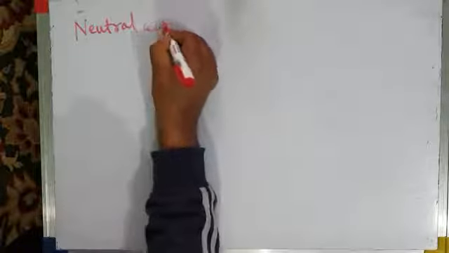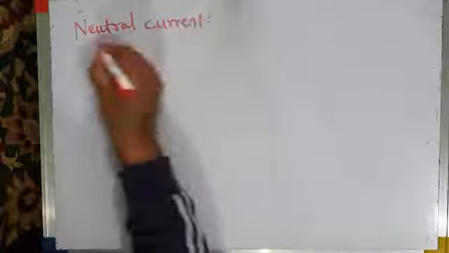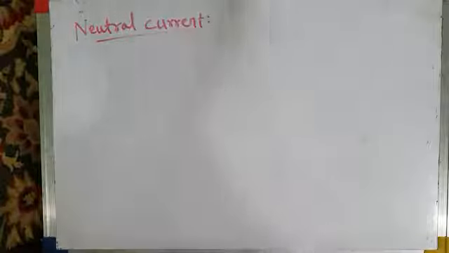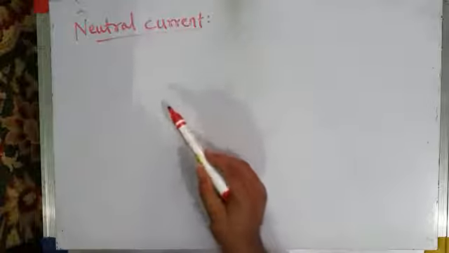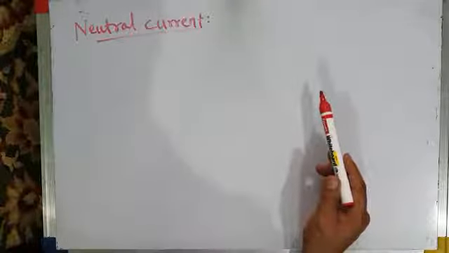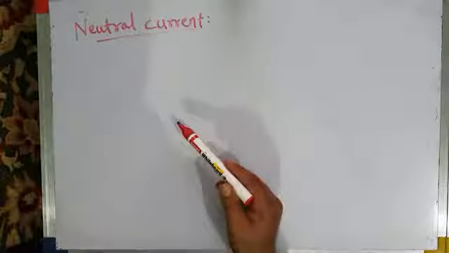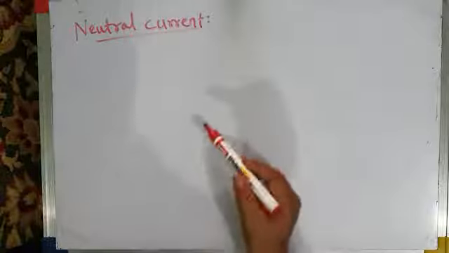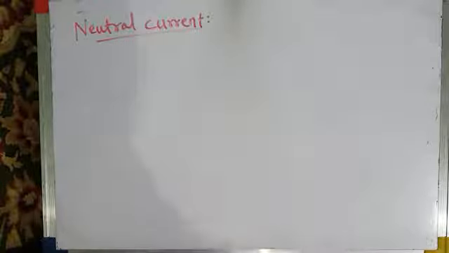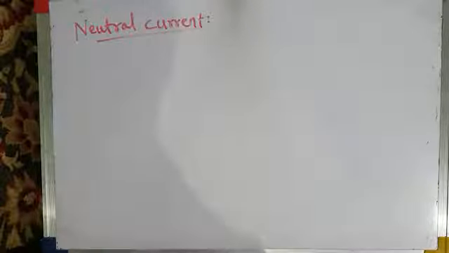Now let us try to find neutral current. I will straight away come to neutral current because we have already analyzed a distorted system. Of course, that was a single phase distorted system, a single phase system which is feeding a non-linear load. Voltage is distorted, current is also distorted. We have already analyzed that, and we have seen how we can calculate various types of powers, how we can calculate apparent power, active power, reactive power, distortion power. Okay, that's already done by us. We don't need to do that anymore.